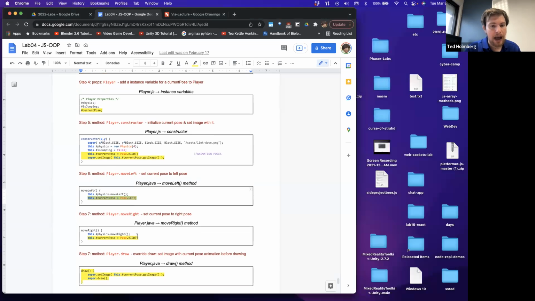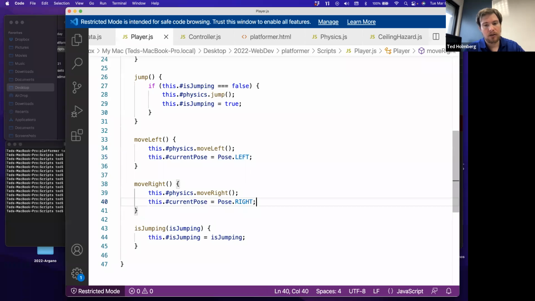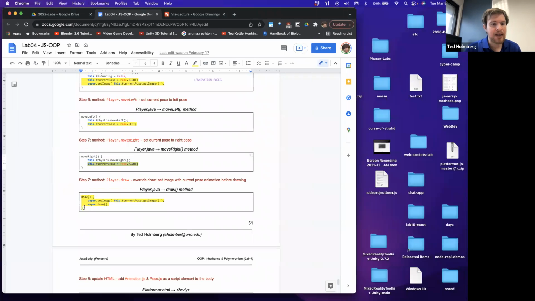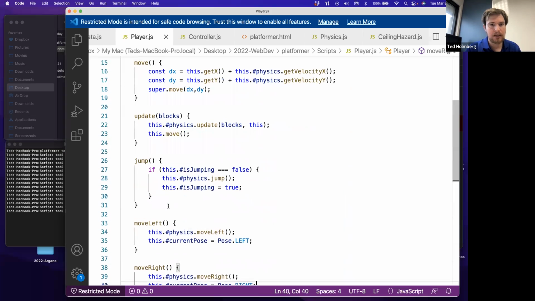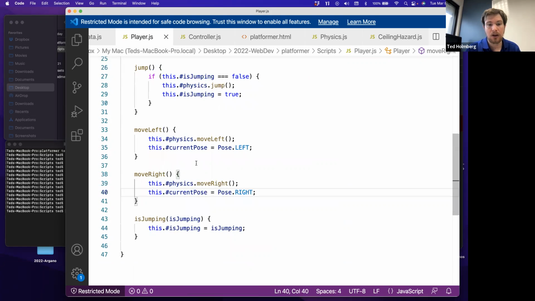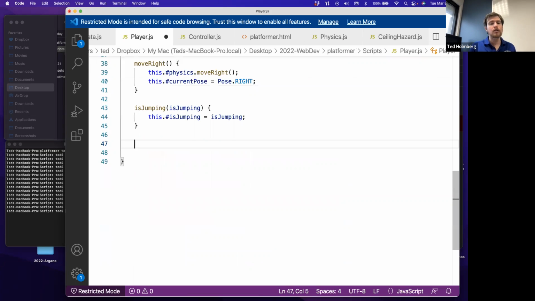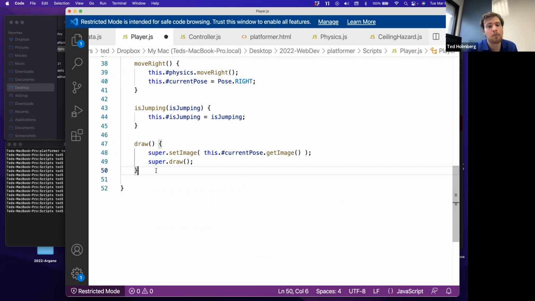And each time I move right, I want to replace my current pose with the animation sequence that uses the right-facing images. And then in my draw method, I'm going to update my draw method inside my player. Oh, I don't have one because I've been relying on GameObject. So I'm going to overwrite my draw method. So before I was relying on the GameObject draw method, but now I'm actually going to